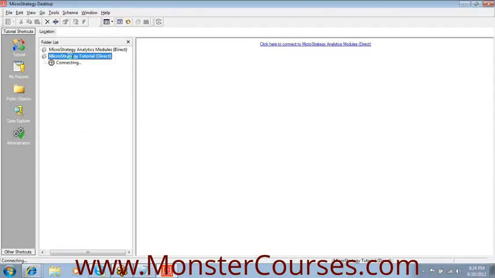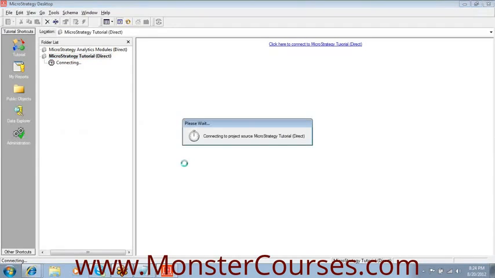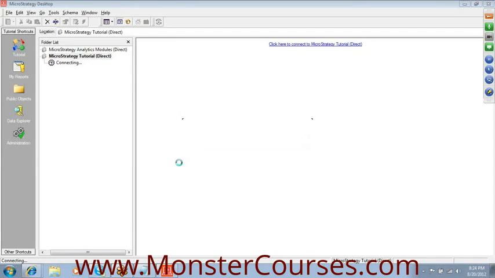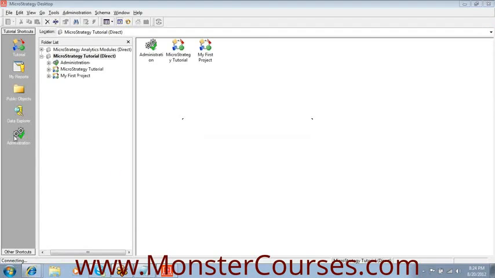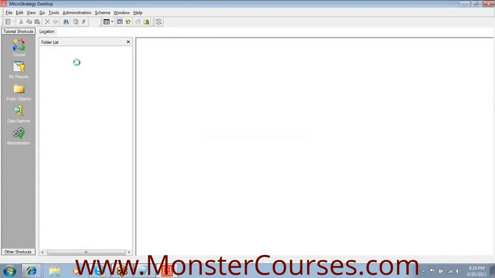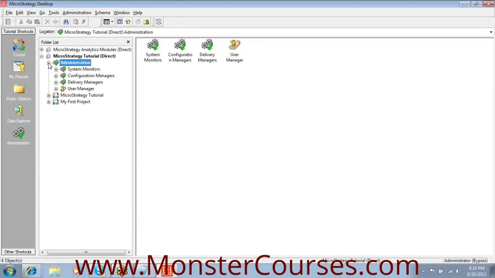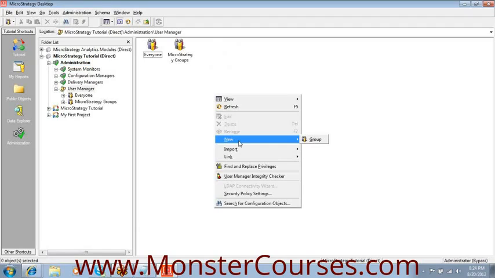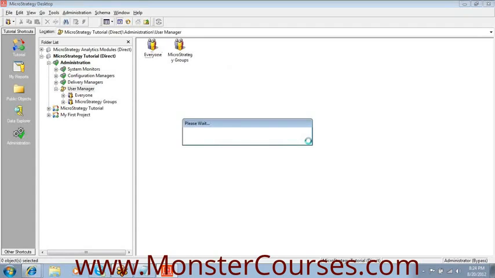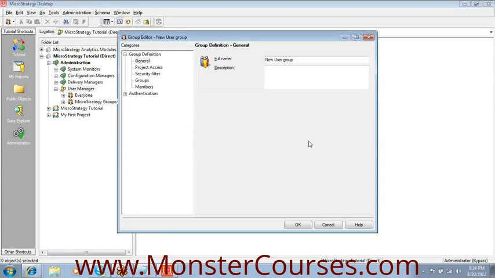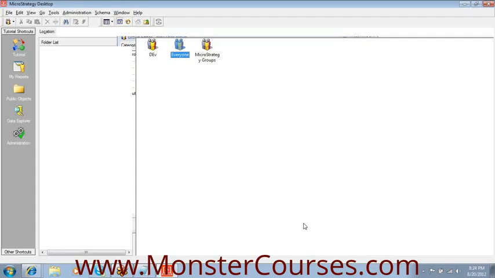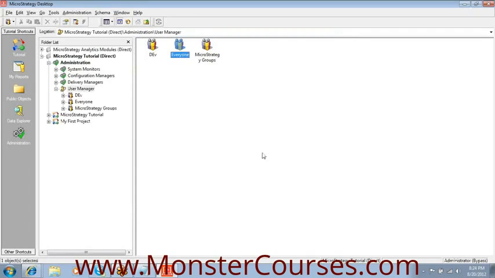If you want to create a particular user, you go to the administrator, user manager, right click, new, and it's a group. Let's say I've created a group called dev group. Okay, save it. Enter into this group, and you can create another group or a user inside it.